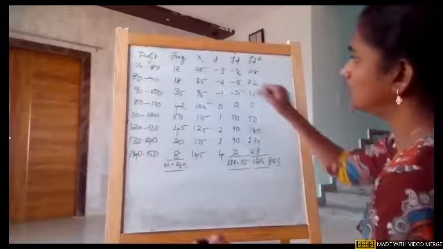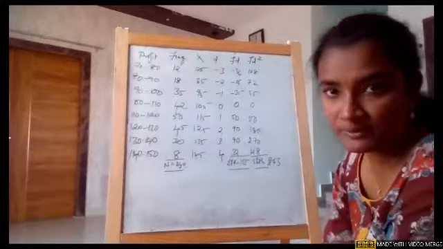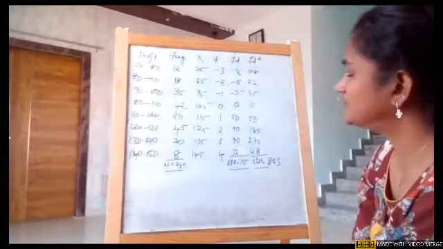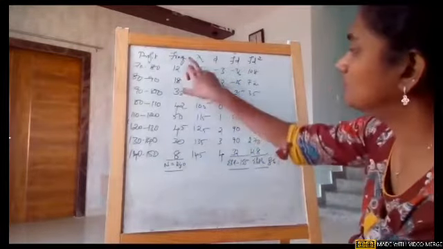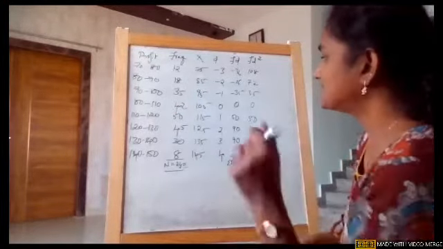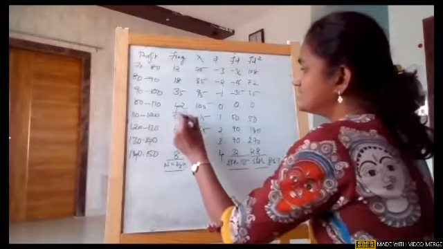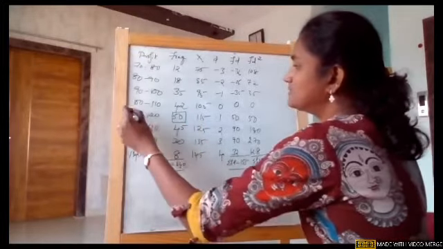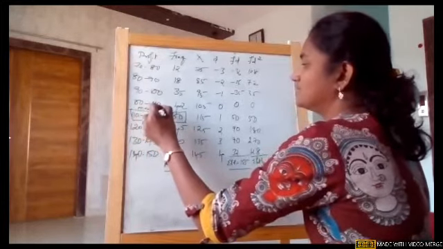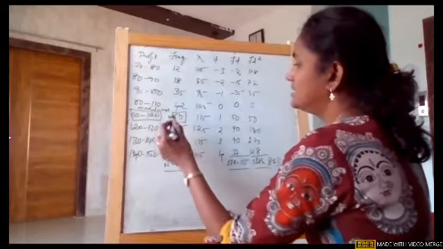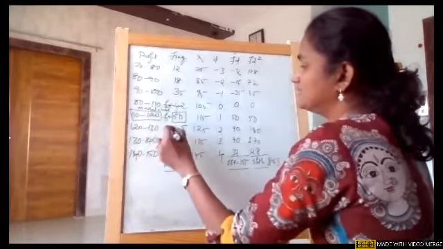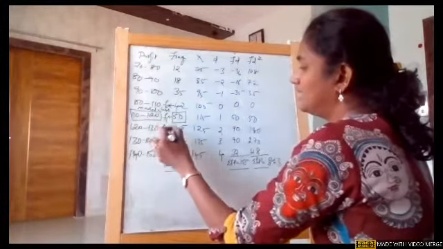We need to find out mode. In order to find out the mode, if you remember the process, first, what are we supposed to do? We need to pick the maximum frequency. Out of this, what is the maximum frequency? I think 50 is the maximum frequency. So this will be your modal class. That is the first thing. And as 50 is your maximum frequency, this will be F1. The previous frequency will be F0 and the next frequency will be F2.